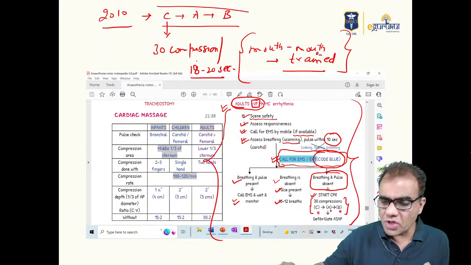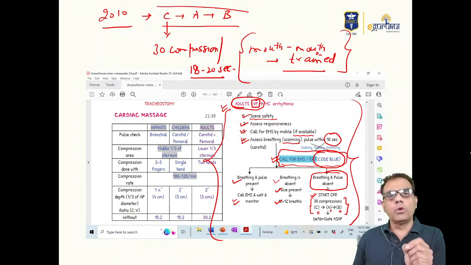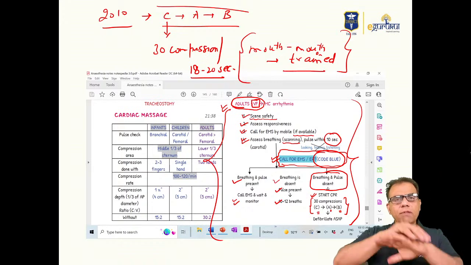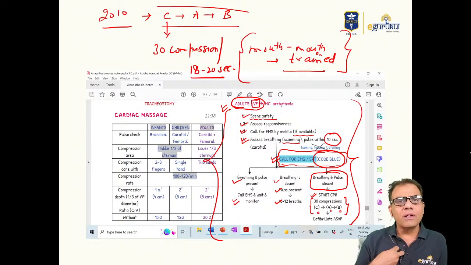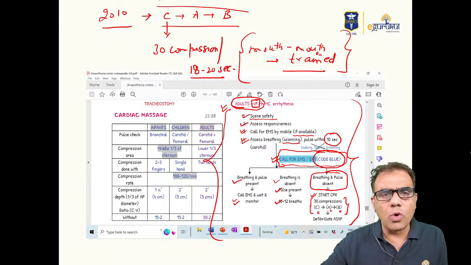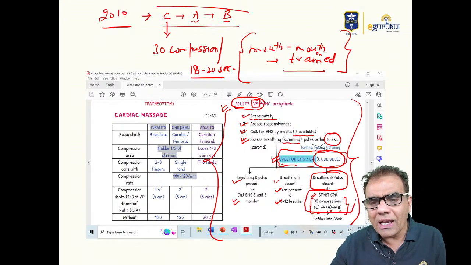And why did they change it? Because studies have shown that there is enough oxygen in dissolved form in blood. So by giving 30 compressions, you are pushing this dissolved oxygen to the brain and heart. After that you go to airway and then breathing, and continue your CPR till